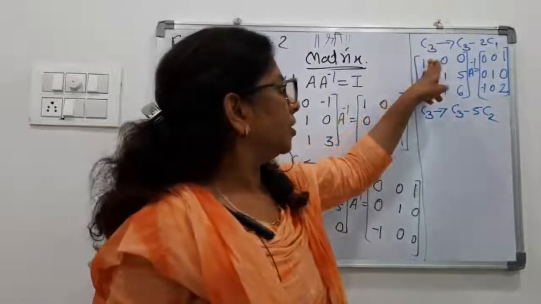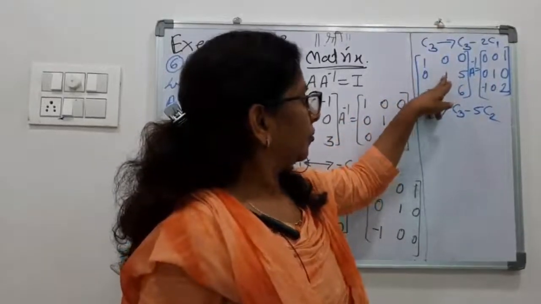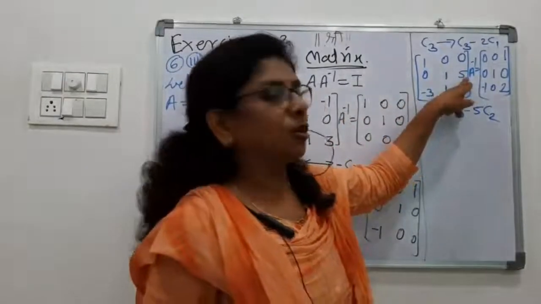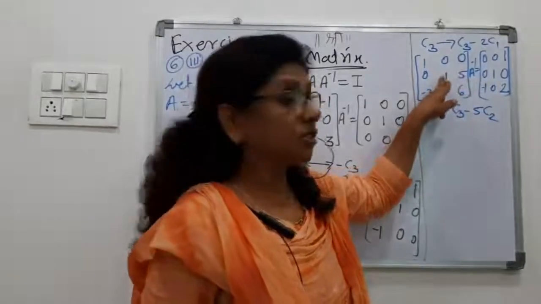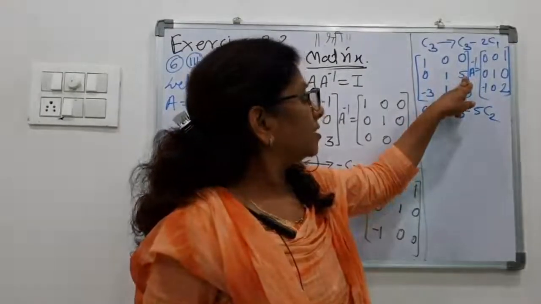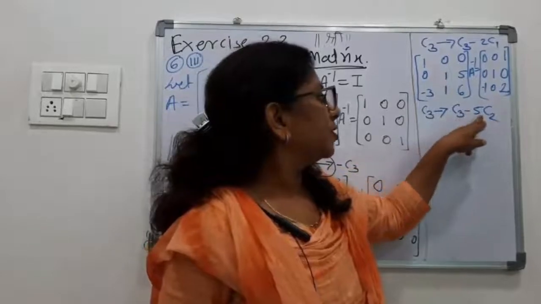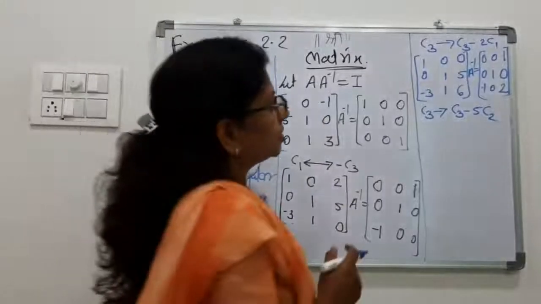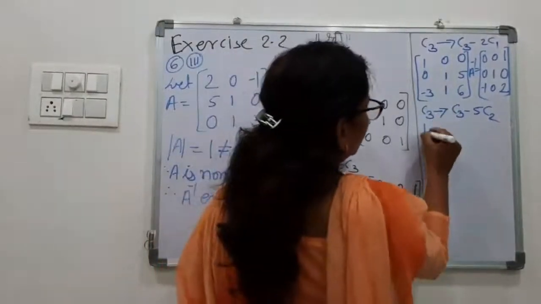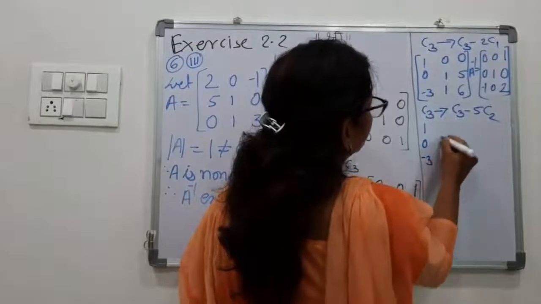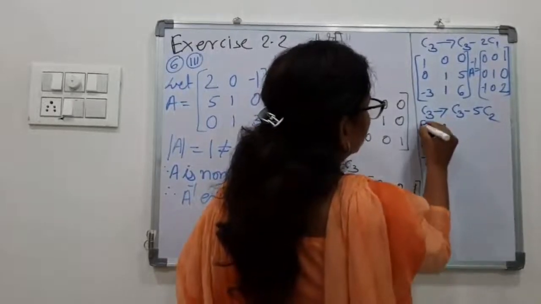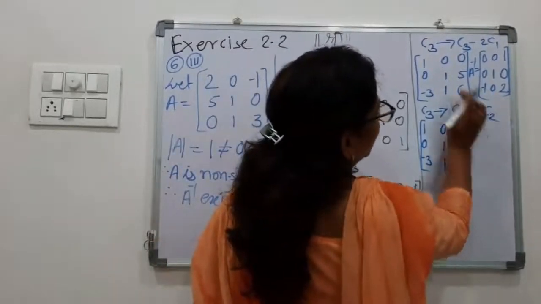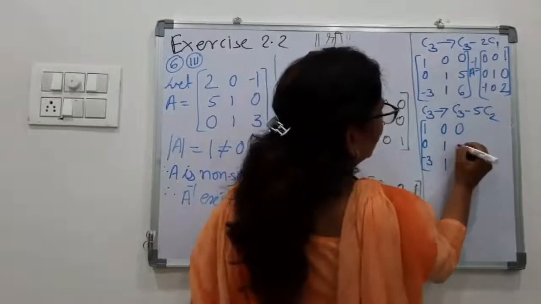Our task was to bring here 1 0 0. Now here we want 1, here 0, here 0. These two are already there. So only here our task is to make it 0. So with the help of C2 only, means 5 minus 5 into C2, 5 minus 5 will become 0. So is there any change on C1 and C2? No. So write down them as they are. So what is C3? 0, because 0 minus 5 into 0 is 0. Here for 0 only we are doing.